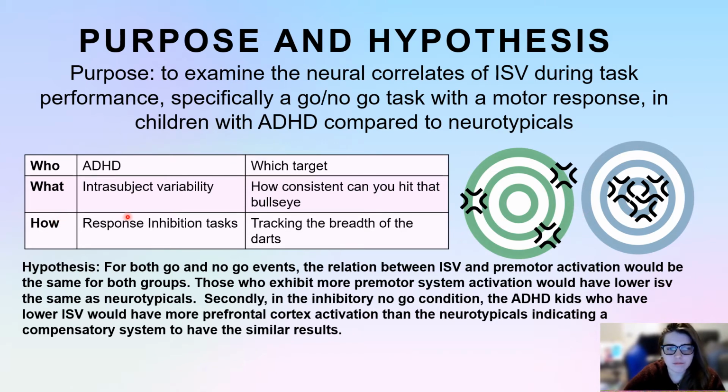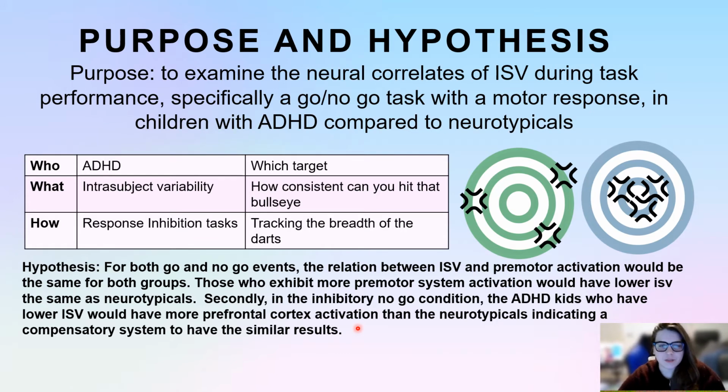What are we studying? Intrasubject variability, which is how consistently can you hit that bullseye? What's your spread here? And then how the darts that you're throwing, it's response inhibition tasks. So you're tracking the breadth of the darts. And they have a hypothesis,